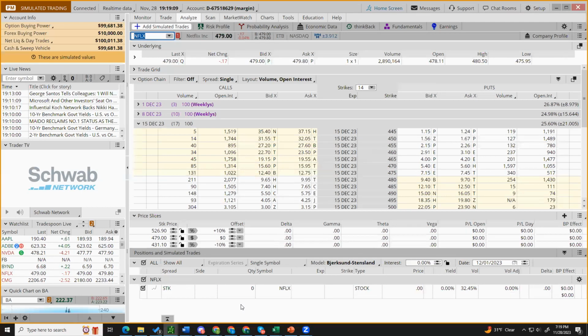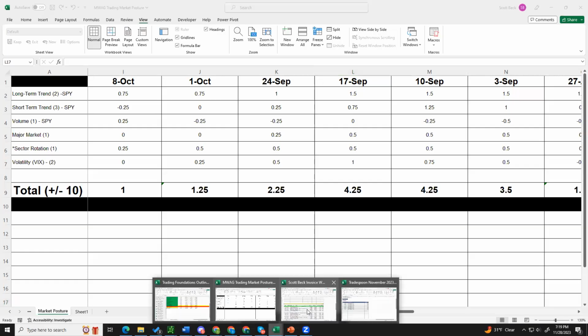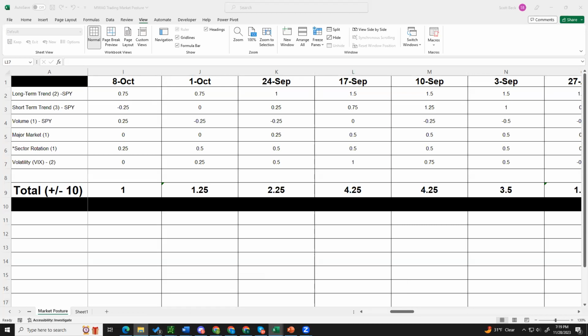Kelly Criterion. Okay, real quickly, Kelly Criterion. Yes, thank you for reminding me. I'm going to bring up a spreadsheet real fast. Kelly Criterion is not to be played with lightly. You need to have at least 50 trades, 50 trades with a stable expectancy before you try to use Kelly.